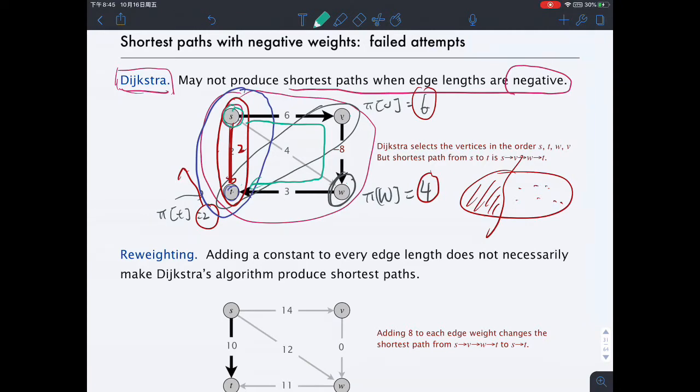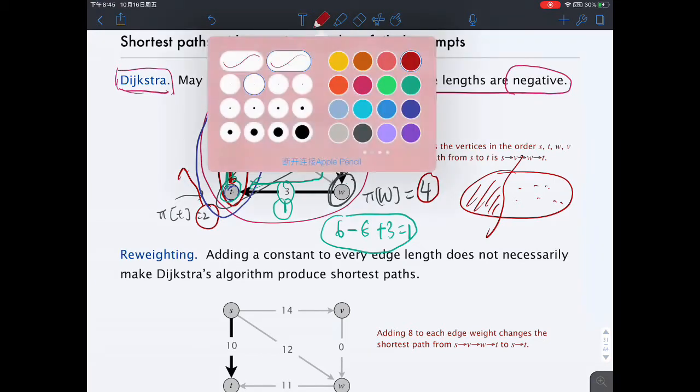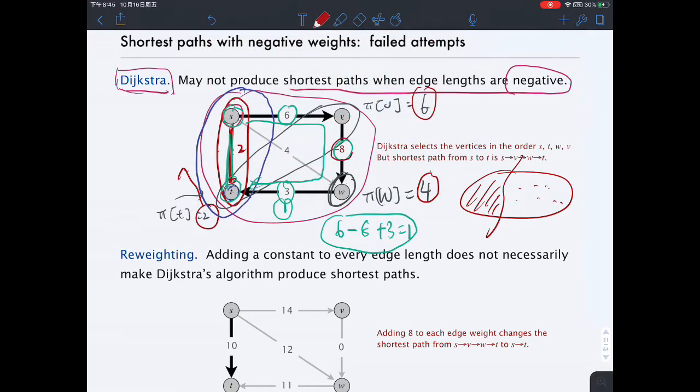So it's from S to V, V to W, W to V, right? So to T, right? The actual shortest path, the actual value, is going to be 1, right? Which is actually, if I sum up all these three numbers, 6 minus 8 plus 3 is going to be 1, right? So this is actually a number that's much better than what we have found, right, by using the